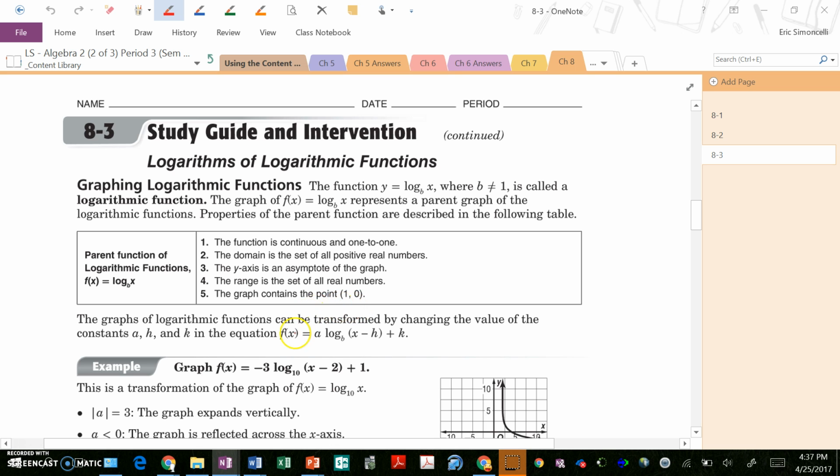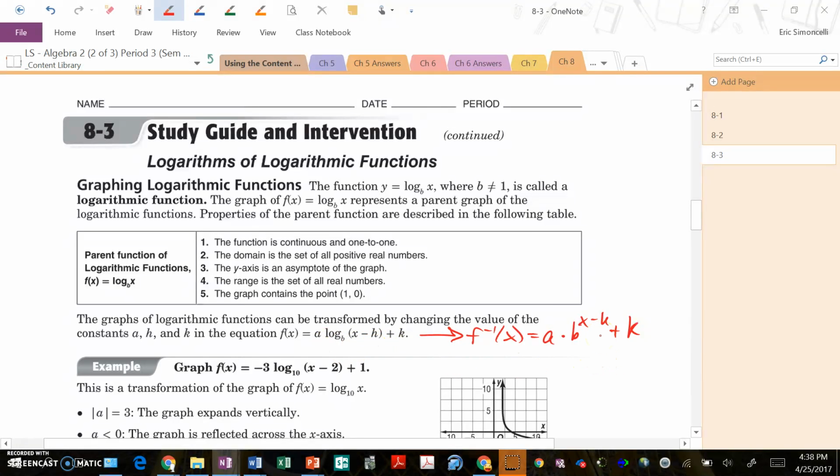And as we'll also see in a little bit, the graphs of log functions can be transformed by changing the value of the constants a, h, and k in the equation f of x equals a times log base b of x minus h, plus k. There's a lot of interesting connections that can be made to the inverse function, which I'll go ahead and highlight again here. The inverse of f of x, which I'll write as f inverse of x, can be denoted as a times b to the x minus h plus k. Now that is a very general form of the inverse of that function, but it's still worth noting,